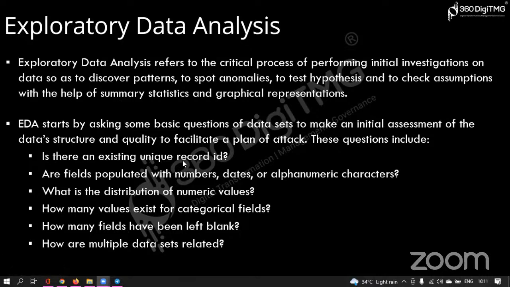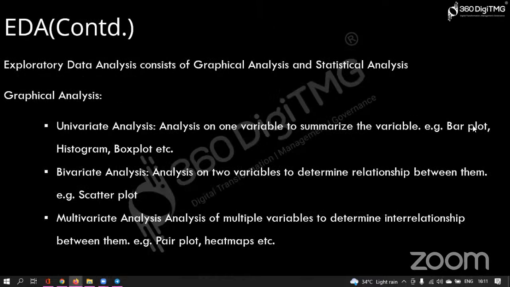And then we'll be seeing whether we have any nominal data, which kind of data types we'll be having in our data frame, whether we have any numerical values, any categorical values, any missing values. Those are the questions that we'll be asking at the very first. This is called investigation. And then